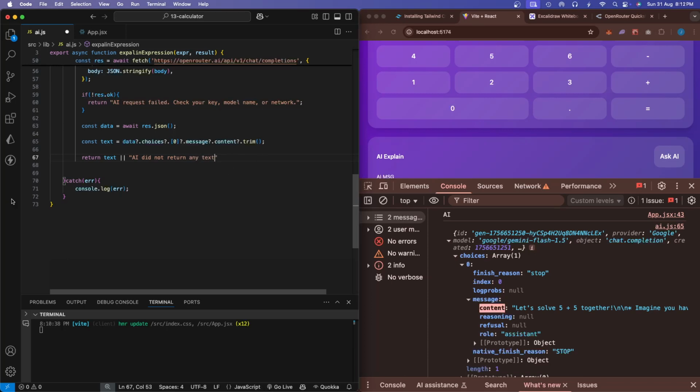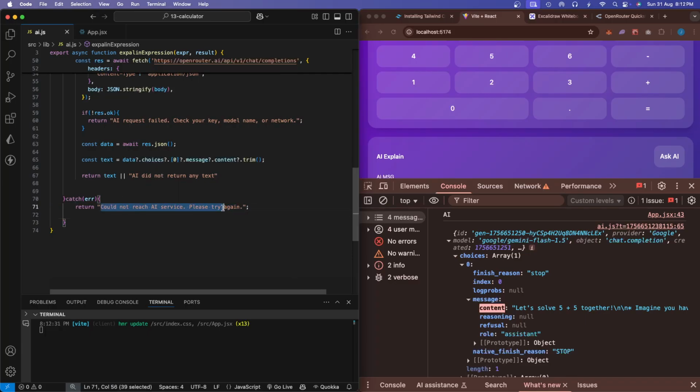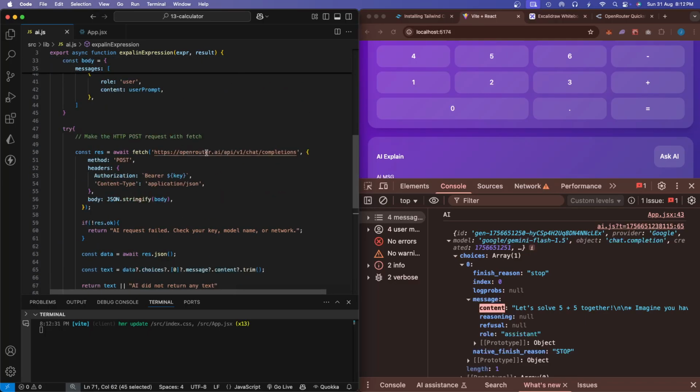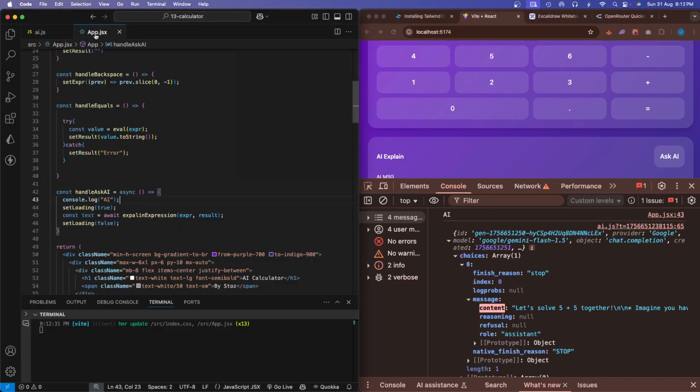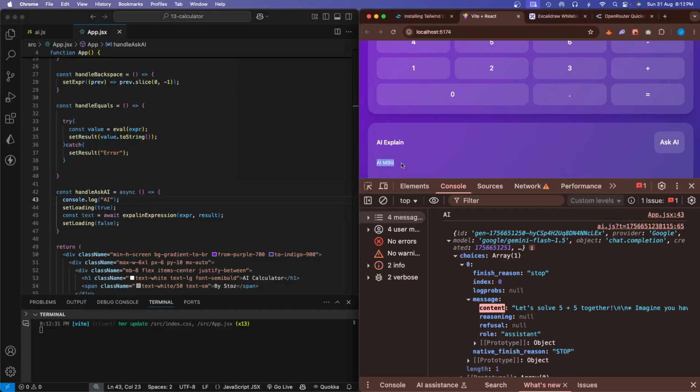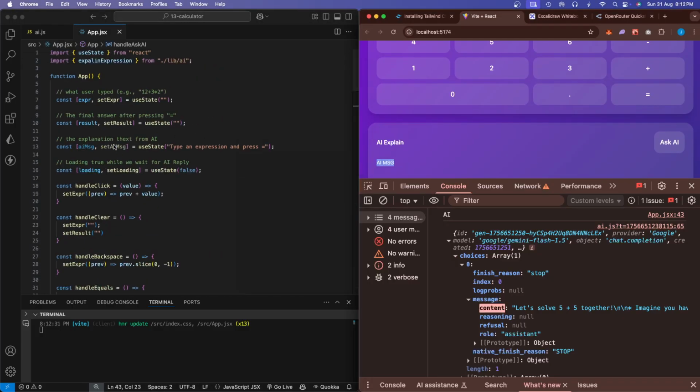So done. So for this one, I'll just give a return: could not reach AI service, please try again. If some error happens, we want to show this string. So that's it, guys, okay? So this is what we did so far, and I hope you understand. And we want to show that in a UI, right? So for the UI, for now there is an AI message, right? So in the AI message, I'll copy this AI message, which shows "type an expression and press equal to",